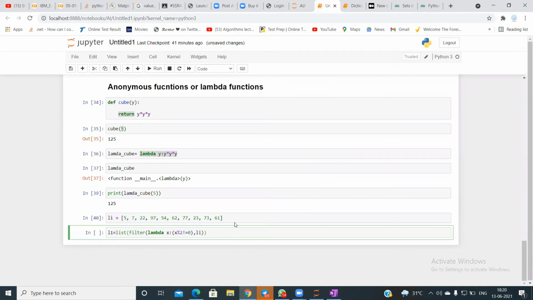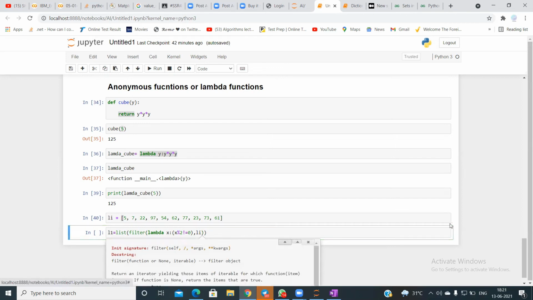What I was trying to say is, suppose you have a list like this, and I ask you to find out the odd numbers. You would generally write a for loop, or you can even create a function and write it. But using something called a filter function, if you want to filter out anything from this list based on any condition, you can just call the filter function and say lambda x, and you can pass this condition and comma the list name.